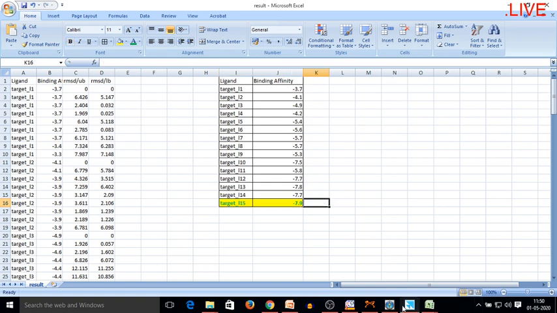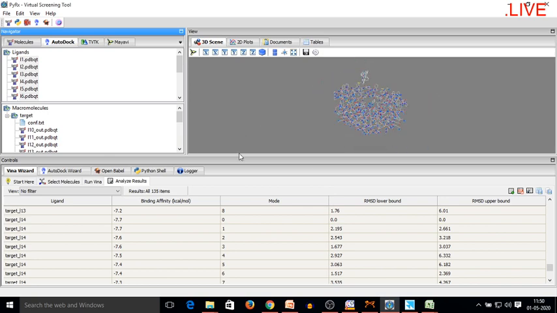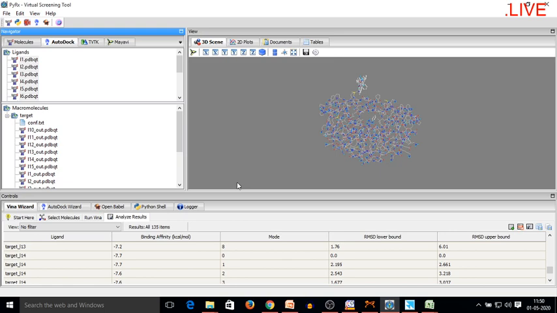So we will again repeat the section of Pyrex and revise what we did. See, what we were doing, we were carrying out the virtual screening of 15 ligand molecules towards a target, and we were trying to evaluate the best molecule, and that molecule will be proceeded for further computational studies.